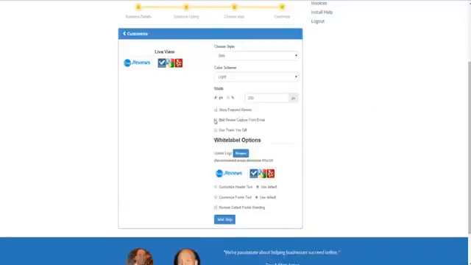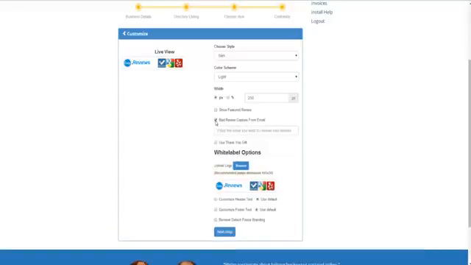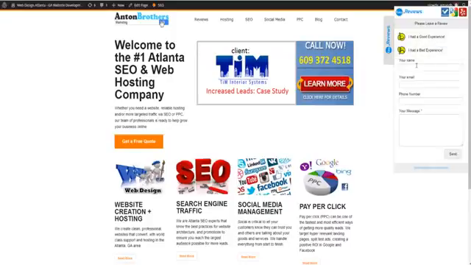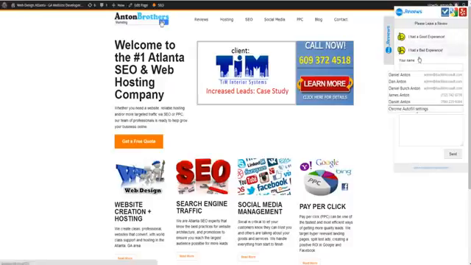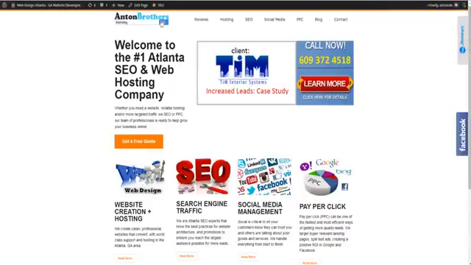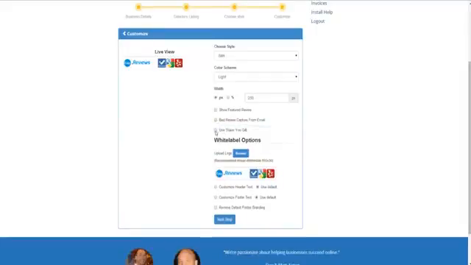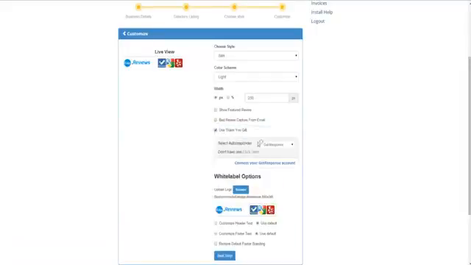You can also use the bad reviews capture form. What this does is if someone enters that they had a bad review and they fill out their name, their email, phone number, and their message, and when they click send, that will go to the email that they enter here. All right? And then there's also a thank you gift option where you can set up an autoresponder with GetResponse